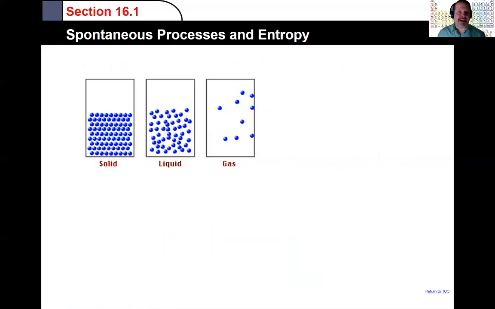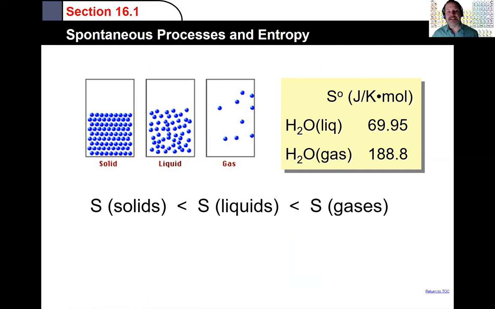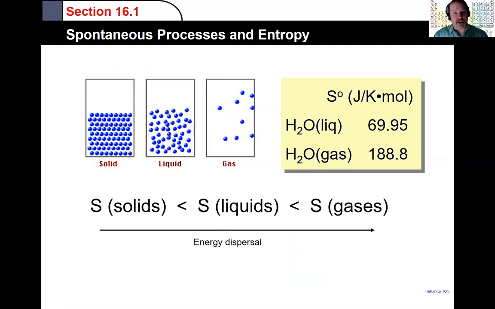So where do we see that with actual chemicals? One of the ways we see it is with phase changes. Going from a solid to a liquid to a gas, we find that the position of the atoms next to each other greatly expands and increases, and there's more movement allowed. We can actually start assigning numbers to these things. Solids have very little entropy, and as you go to a liquid to a gas, the entropy increases. So we have a greater way to disperse the energy over a gas. These molecules are moving, they're experiencing a lot of different microstates,